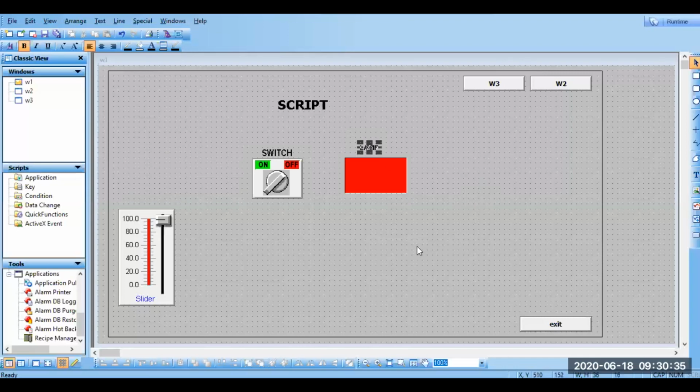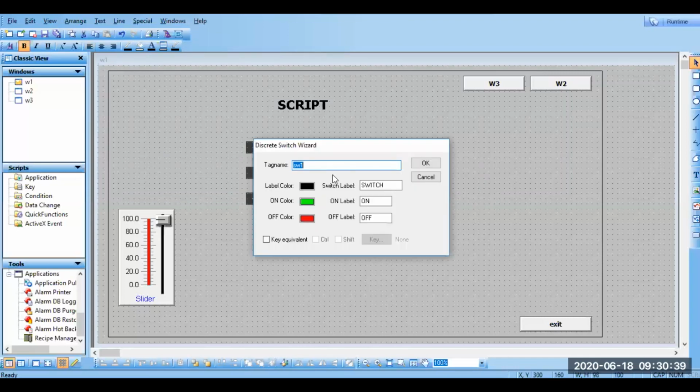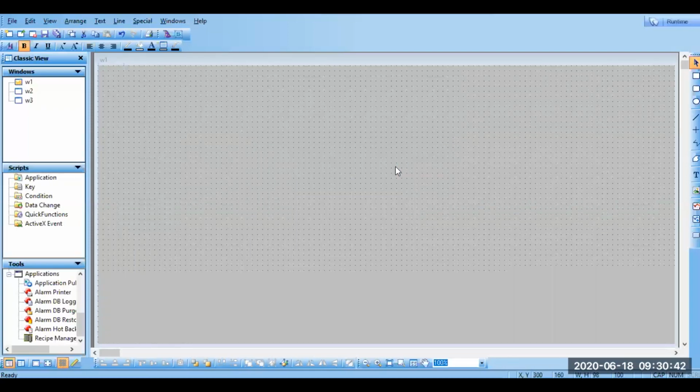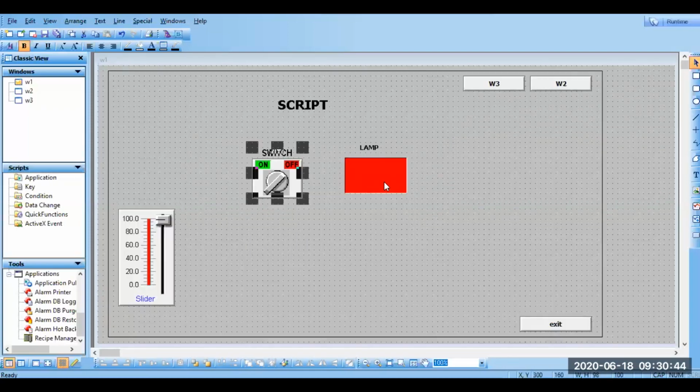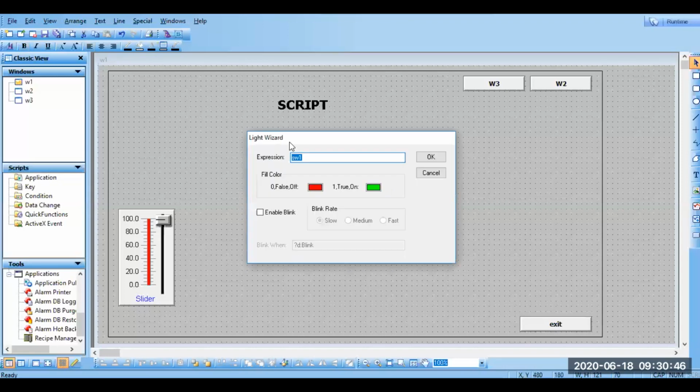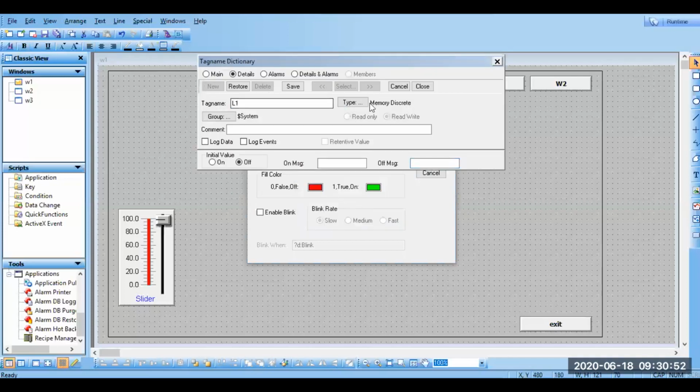For the switch we have already created a tag SW1. Now I'm going to create a new tag for the lamp, L1. This is a memory discrete. Go for OK, then close.